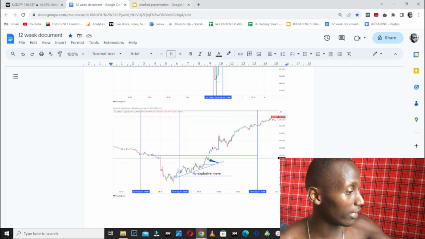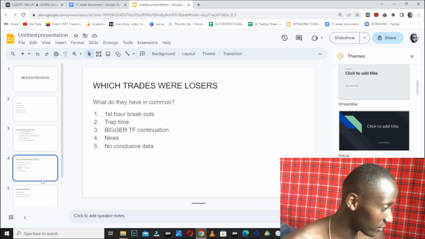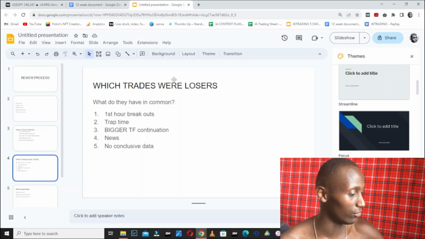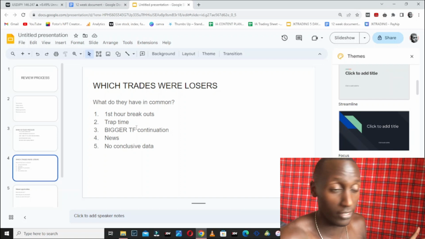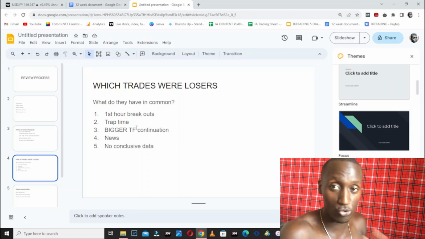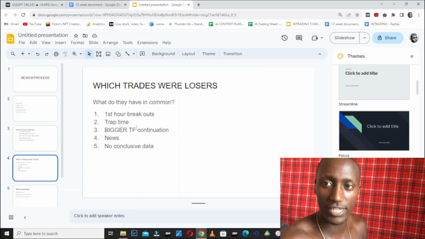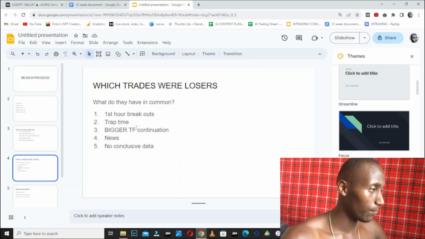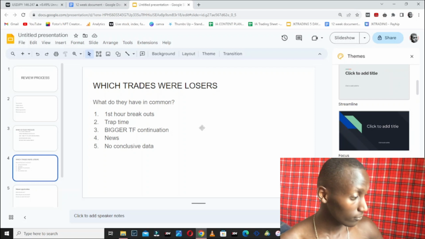So that is looking at the winners and the losers. Now there are some trades. What were the losers? What did the losers have in common? Which is usually the first hour trades, of course. The manipulation time usually has very many losers, and then if you don't consider news, you might get stopped out. Last week we got stopped out on one trade because we never really took into consideration the news,